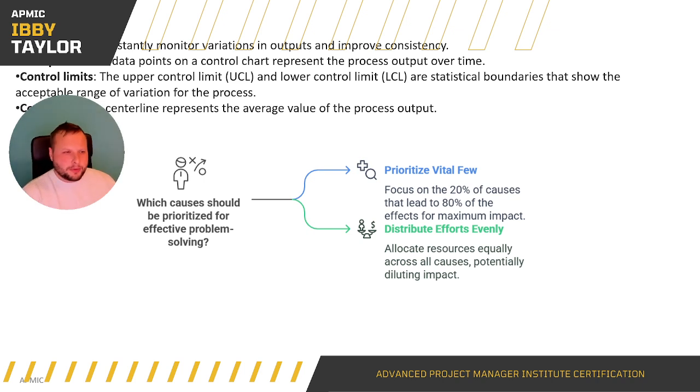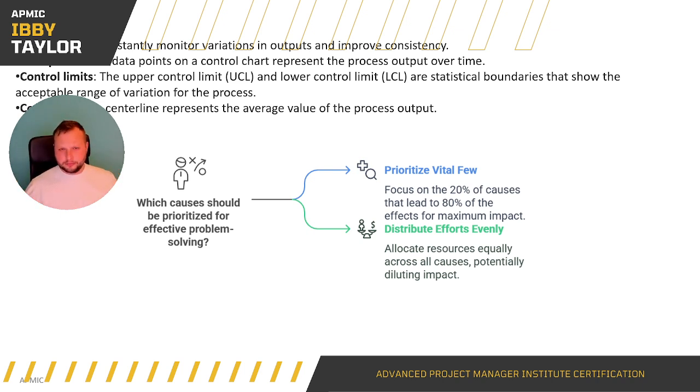So we've then got a little bit about control charts, which we'll have a look at on the next slide. They are visual tools to constantly monitor variations in output and improve consistency. So data points, those are your points which represent essentially what's going on. You're then going to have your control limits, so upper control and lower control. These are the boundaries that show you an acceptable range. So if you've got a data point within these two lines,